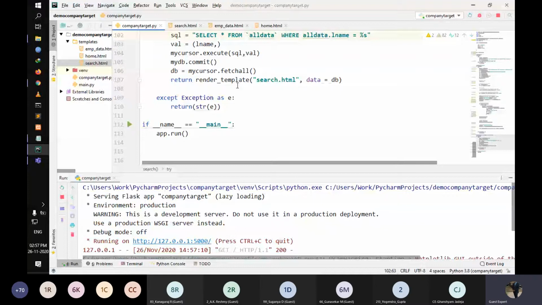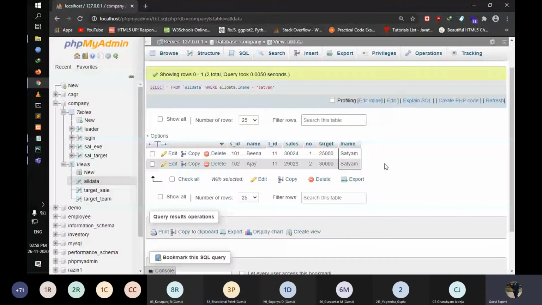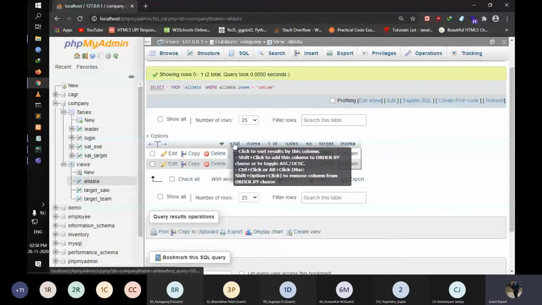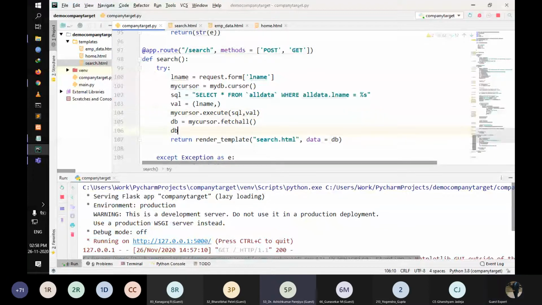Hello. Yes, sir. Some of the windows are already open in the browser. Is it required to close empdata.html? Earlier it was already open. I think there's no issue in there. So the query is correct because we are getting our answer here. You just print out the DB variable before the return, print DB, so you will understand what value you fetch in DB.